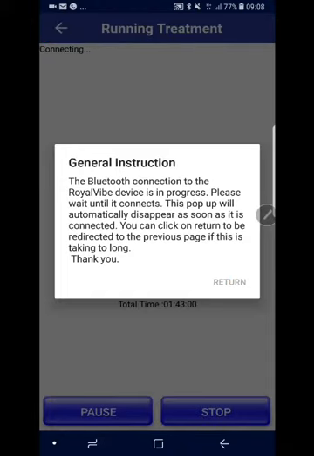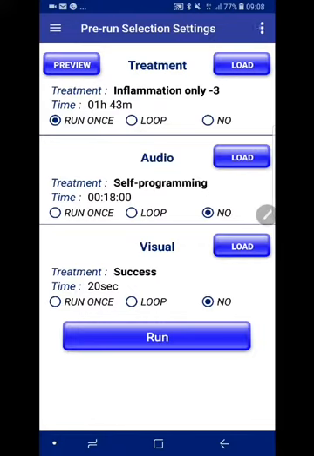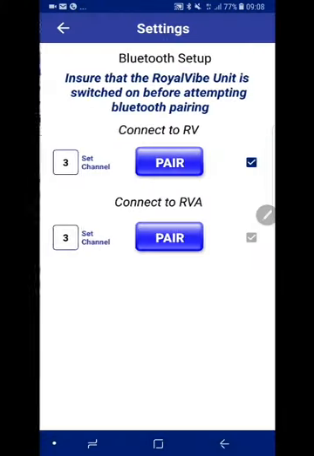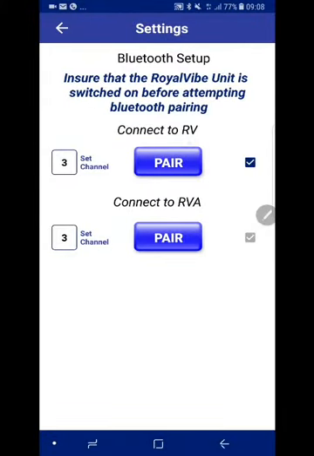And once I return, I can then go to Bluetooth. So now I've got the Bluetooth, and note that you've got RV and RVA. RV is when you put the unit on. That's where the phone must be in very close proximity, and we're talking about 500 millimeters and less. So you have to be very close for that. The RVA has got a 2 meter range. The RVA you're going to be using mostly when you use your